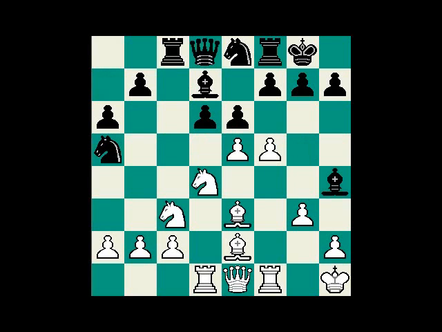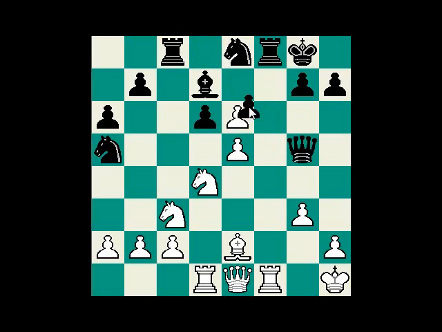So after g3, bishop g5, White played bishop g5, and you can't really criticize White for making this move because this is also a winning continuation. F takes e, f takes c, rook takes f8, king takes f8,